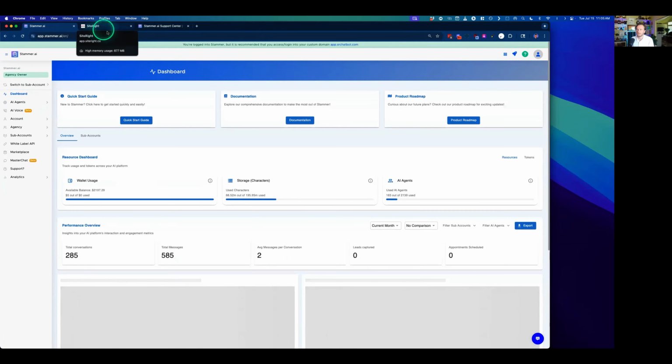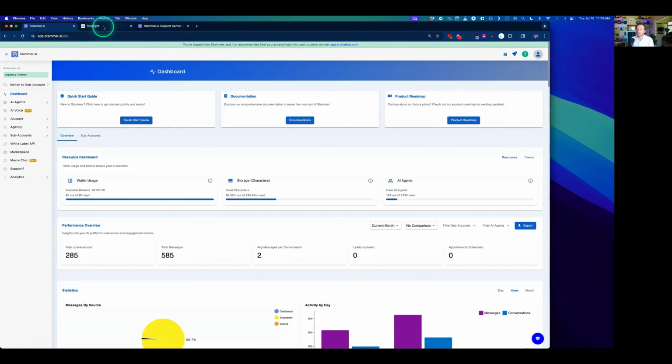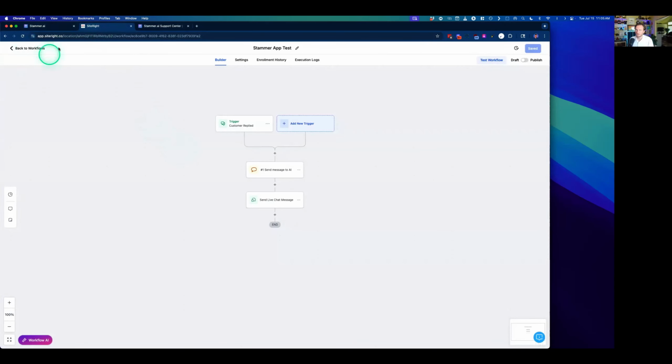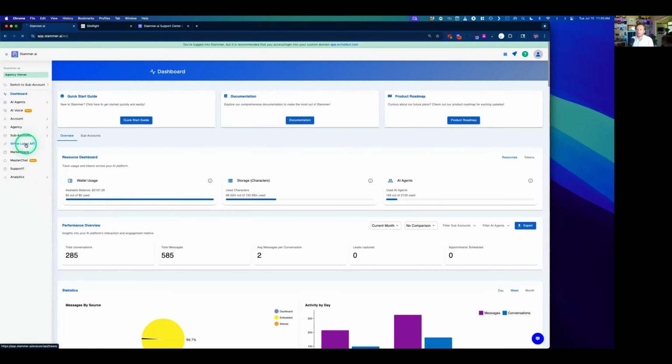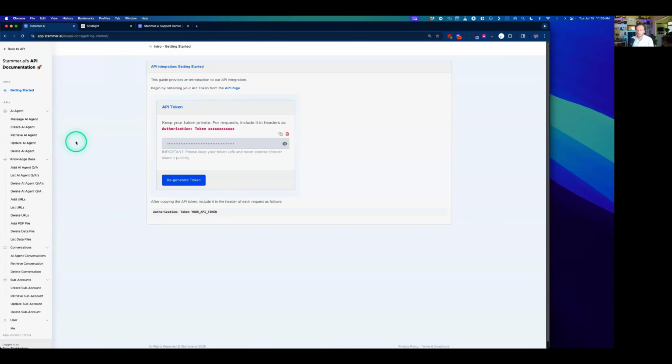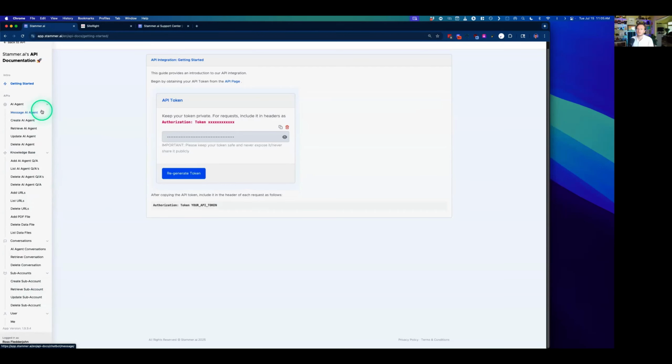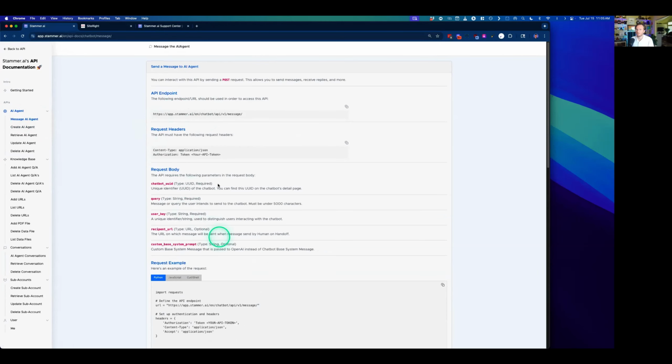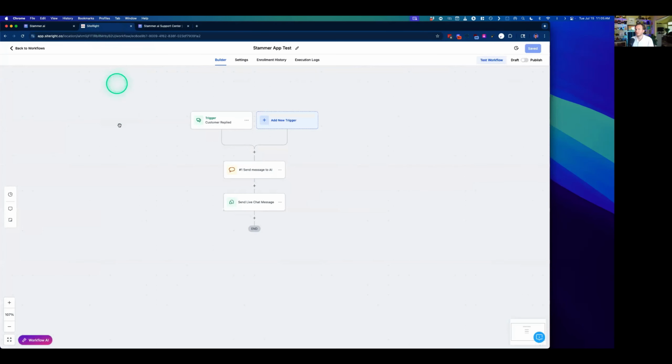So, a quick demo of what this application would look like for Go High Level. In a Go High Level workflow here, typically when you create an automation that allows a customer to talk with an AI agent, you would set it up using the white label API, which you can find here. And it still works and it works great. There's a lot of other options that you can use with this endpoint, but even though you're simply copying and pasting a few variables over, it can still be a little confusing.